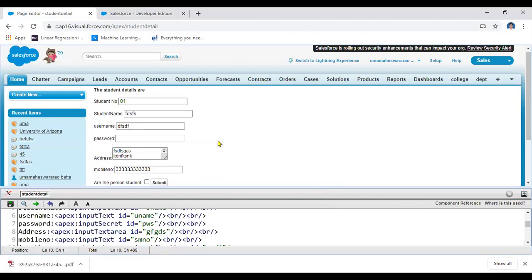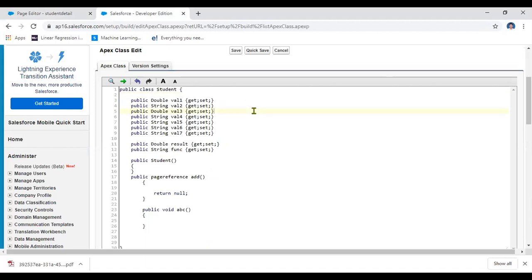If you see here, the student number. That means, how can you take the student number? Either string or double, your wish. For example, in Sri Vidyaniketan, the student number is considered as a string. Okay, if you need that one also, I am taking it as a string. The student number I am taking as a string.